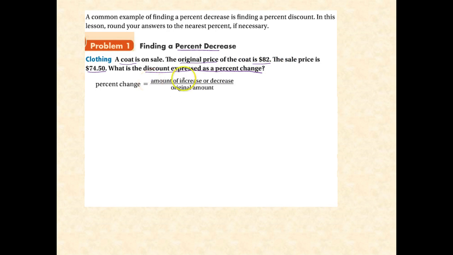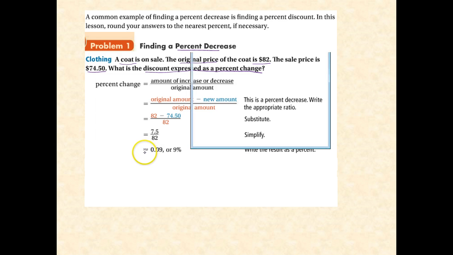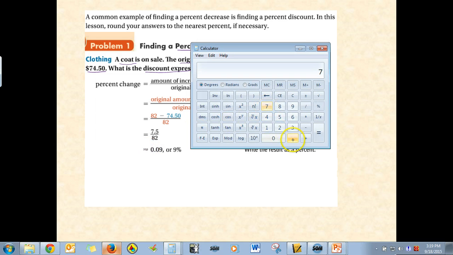Well, we're going to do big number minus little number divided by original number. 7.5 is big number minus little number. Divided by 82 is 0.09. Move the decimal over twice. 9% approximately. Because when you do 7.5 divided by 9, you're going to get